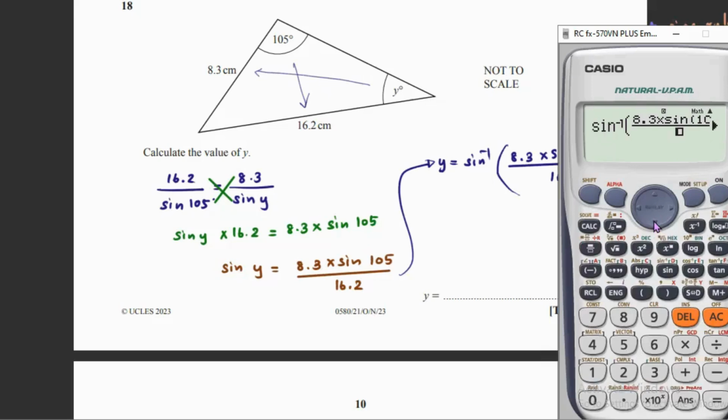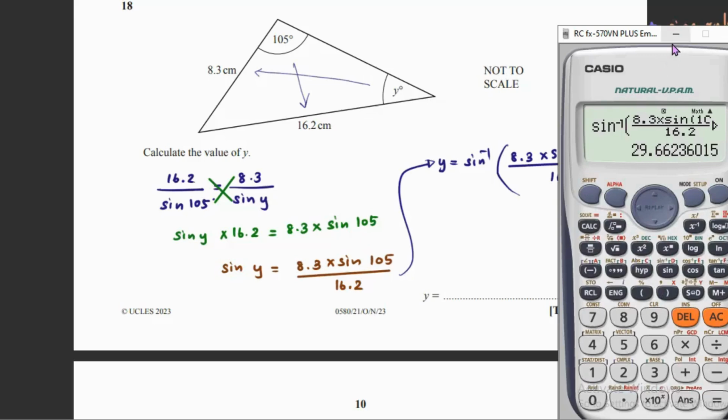Then I need to divide that by 16.2. And I opened a bracket at the beginning, so I need to close that bracket. Close the bracket, and this gives me the answer, which is